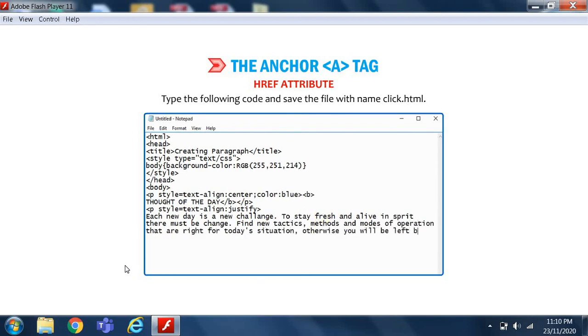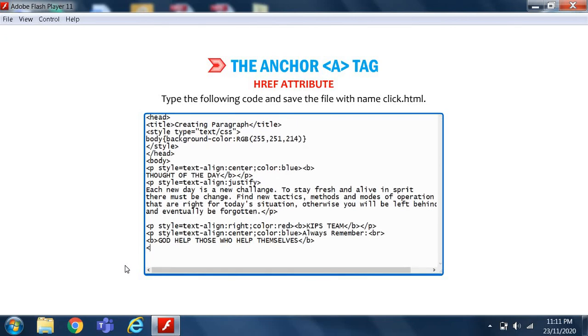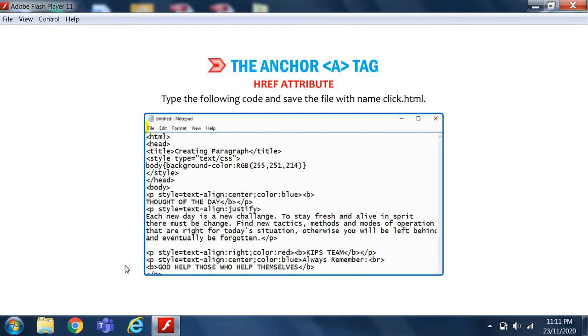Otherwise, you will be left behind and eventually be forgotten.</p><p style="text-align: right; color: red"><b>Kips team</b></p><p style="text-align: center; color: blue">Always remember<br><b>God helps those who help themselves</b></p></body></html>